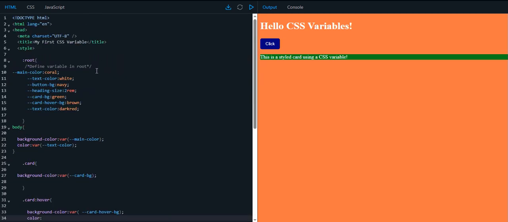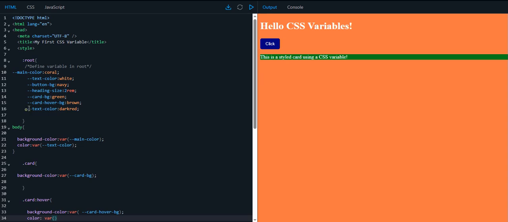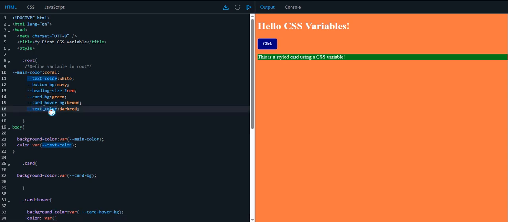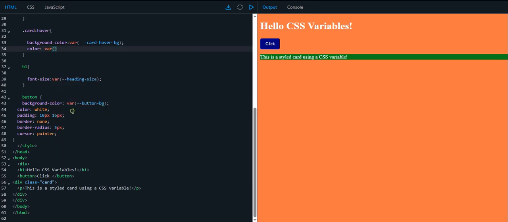Color: var of, and as parameter the name of my variable from root. Card hover. Okay, color: var of my variable, and now, two seconds,